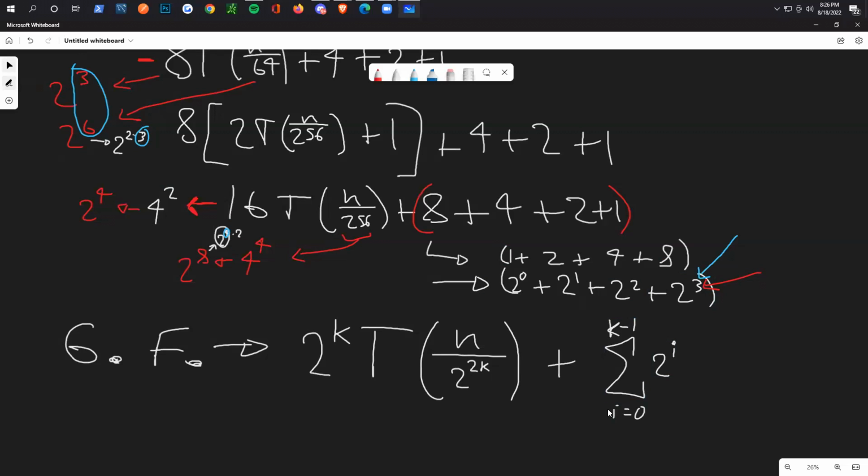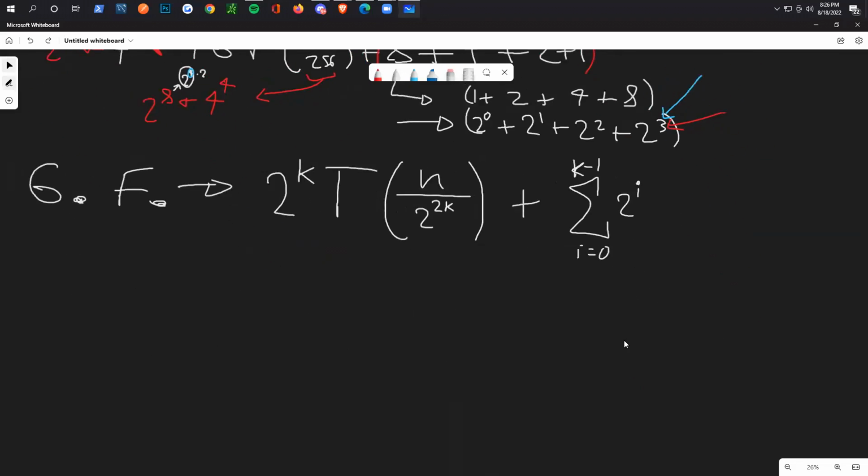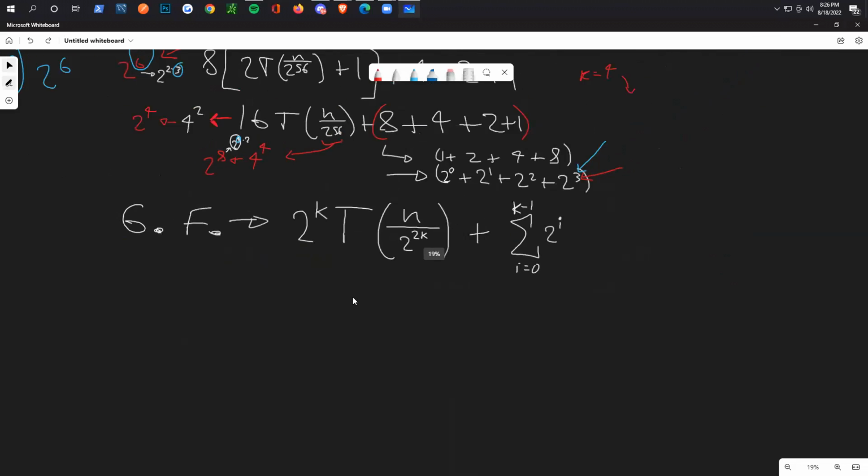Remember, the summations are inclusive, so we're going from 0 up until k minus 1, including that value. So the final value would actually end up being 2 to the k minus 1. And if k equals 4, that means that 2 to the k minus 1 is 2 to the 3, which is what we have right here. Okay, so far so good. So this looks really weird. I know there's not really that many questions that have this right here, but let's go back up to the